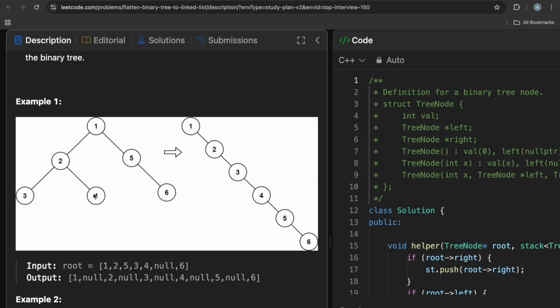For 4 also right child is empty, so we don't need to push anything, and for 4 left child is also empty, so we will pop out of the stack. So 5 will come out, and we will make this 5 as the right child of 4, and left child would be set as null. So then we'll move to the right child of 4, so we'll move on to the 5,